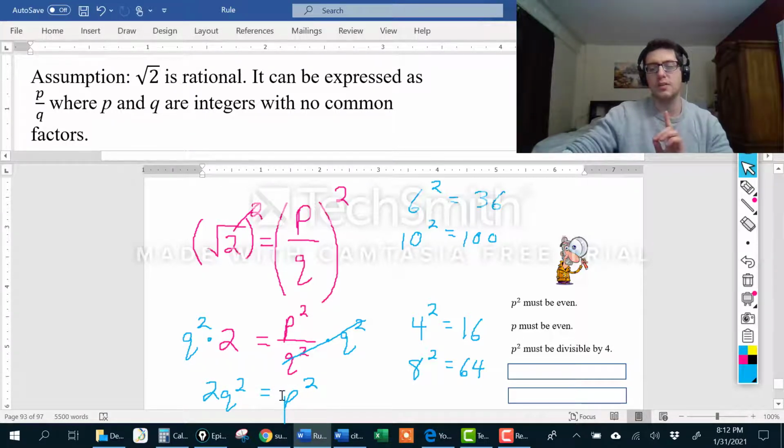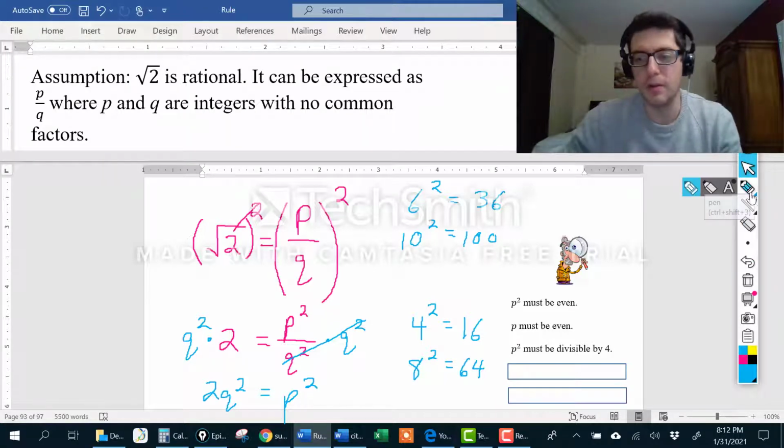If p squared is something which is divisible by 4, then on the left side, I must have 2 factors of 2. So for example,